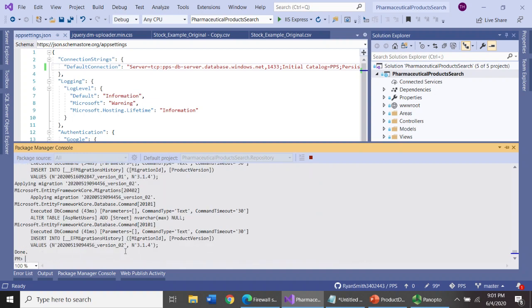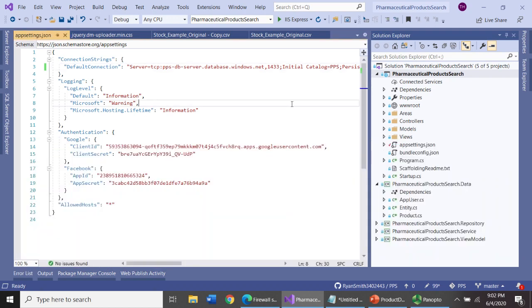So the tables are being created. Yeah, it is done. Database is deployed successfully.